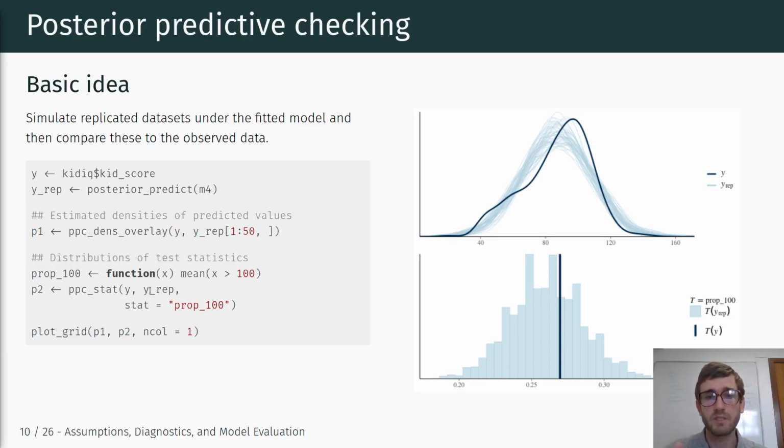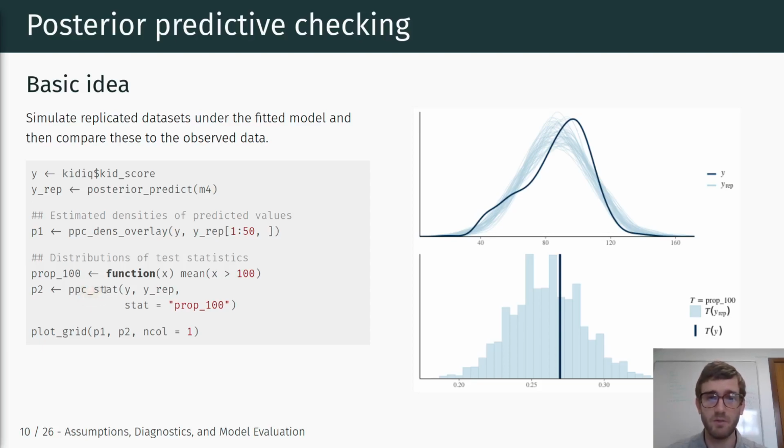Now, using the same logic, we have our observed data. In our observed data, we have a given proportion of observations of kids who scored higher than 100. And now we're using our posterior predictions based on our model fit. For each of those posterior predictions and for each of those draws from our simulated posterior distribution, we compute the same test statistic and then look at the distribution of test statistics across our posterior distribution draws. Okay,